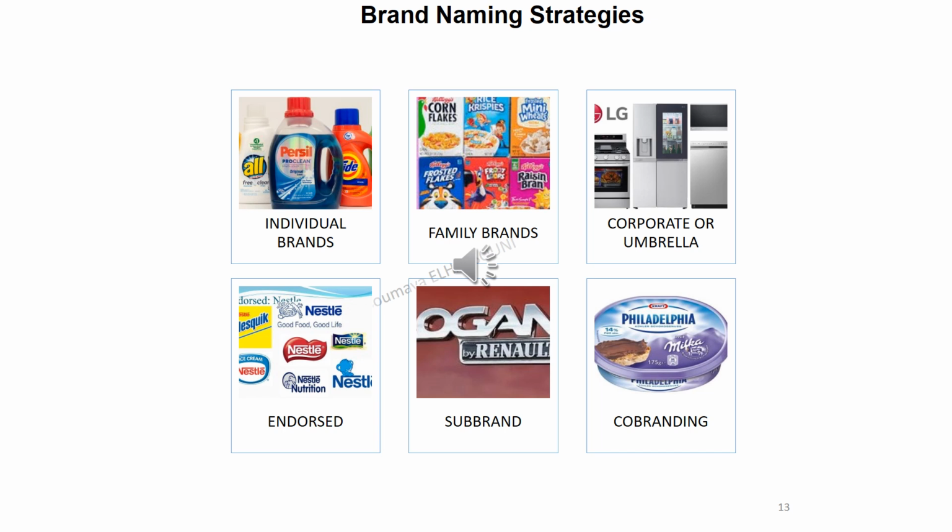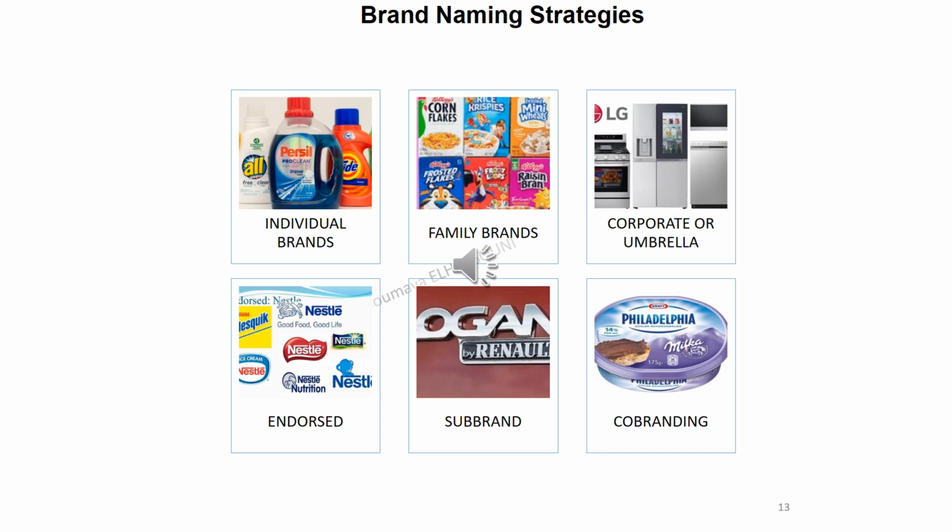Okay. So moving on with the brand name strategy. So this is a very, very important slide because it shows a key part of creating a strong identity for the company. Brand name is very important. And basically, there are 6 main brand naming strategies, each one with a unique approach. So let's start with the first, which is the individual brand names.